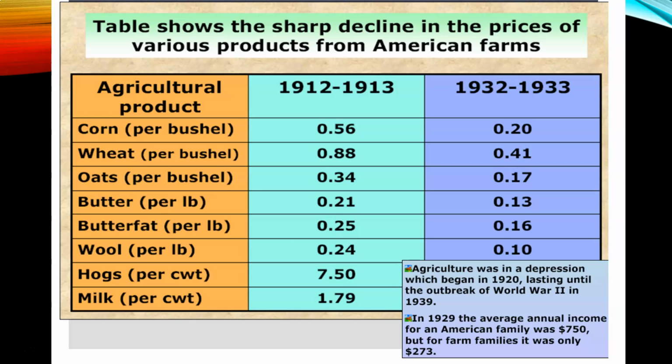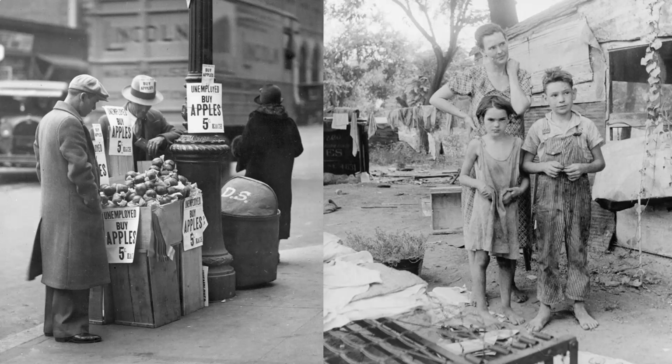So, for example, in 1929, the average annual income for an American family was $750, but for farm families, it was only about $273. All right, so they relied on these crops to be able to survive. And guys, I don't think you quite sometimes look at these prices and think, well, that's not that big a deal, but money wasn't inflated like it is now. Having $1,000 was a ton of money, like we would look at having $50,000 or $60,000.